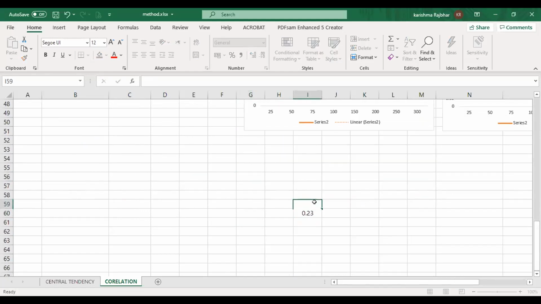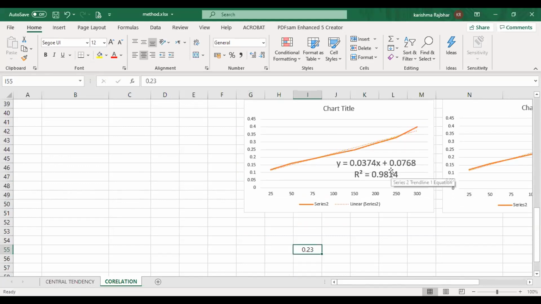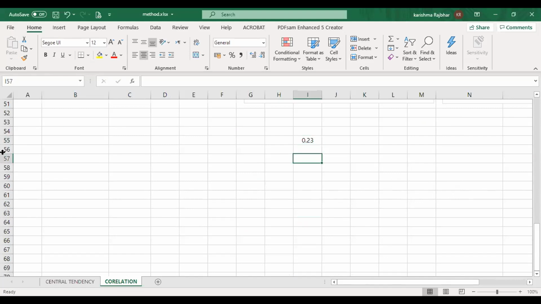If I get a delta OD of 0.23, how will I find this? What is the equation here? Y is, I will just write, M, X and C.